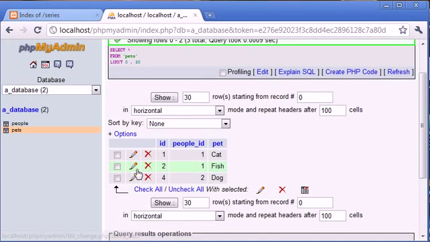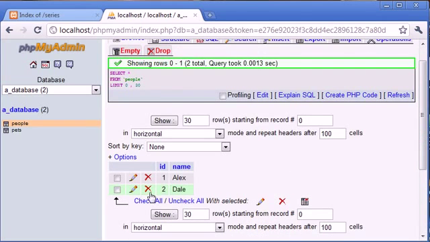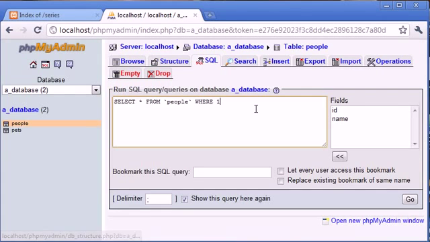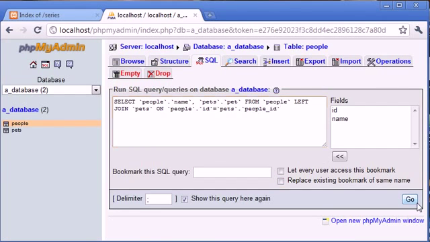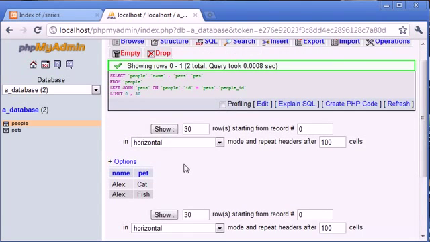Now, what happens if, for example, we have dog, which is relative to people ID 2, which is Dale, but we delete Dale from the database? So let's delete Dale from the database, run this query again and click go. Now you can see it's only returned Alex and cat and fish, because